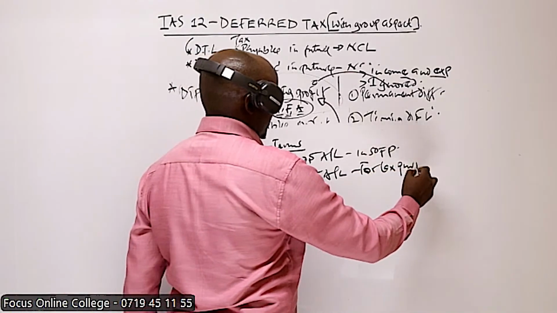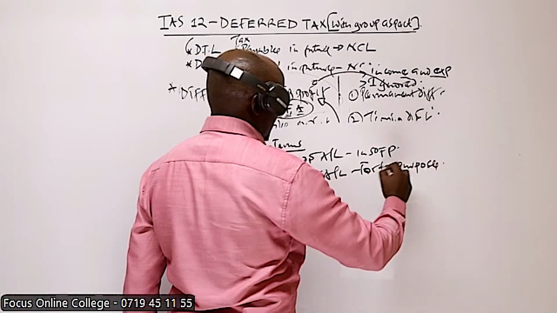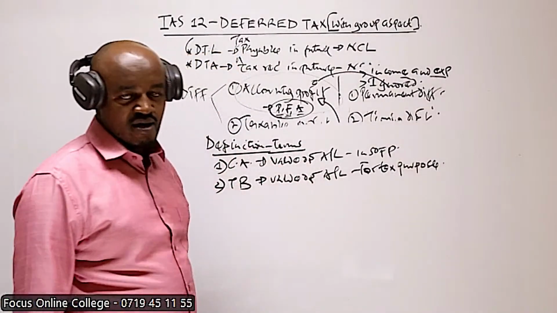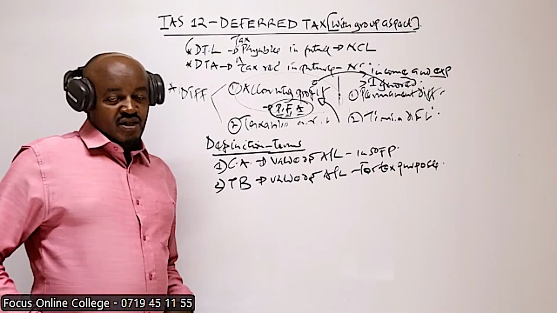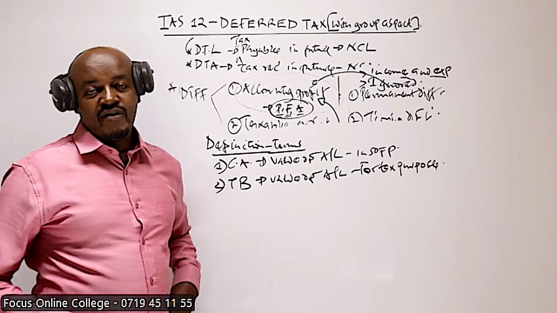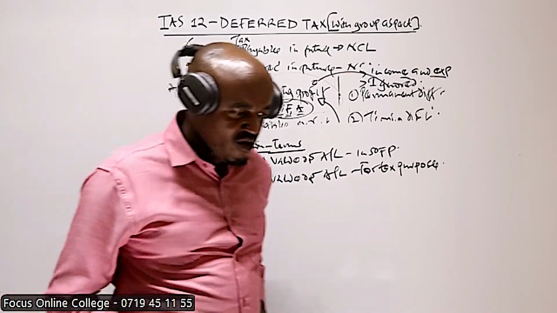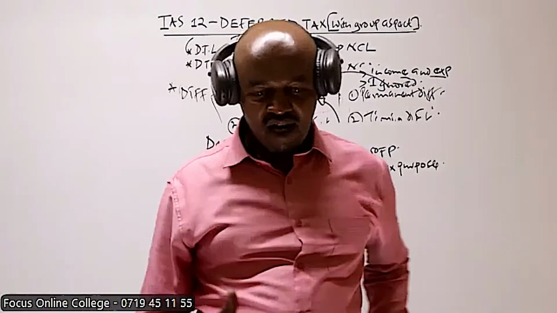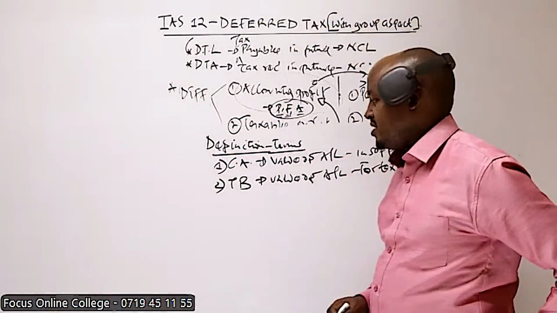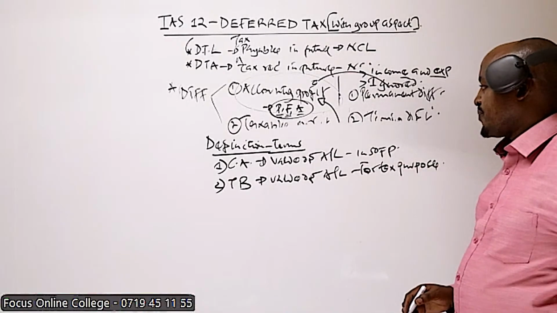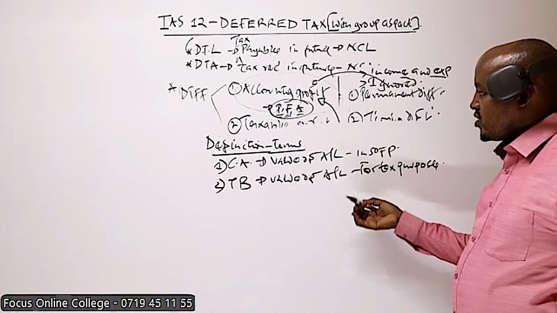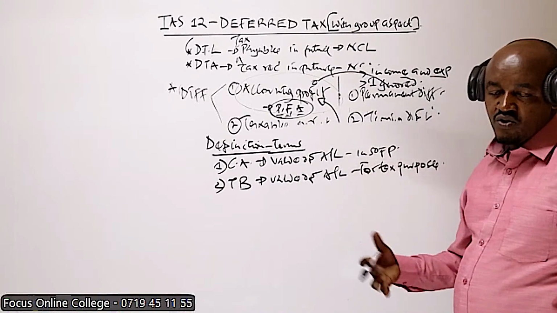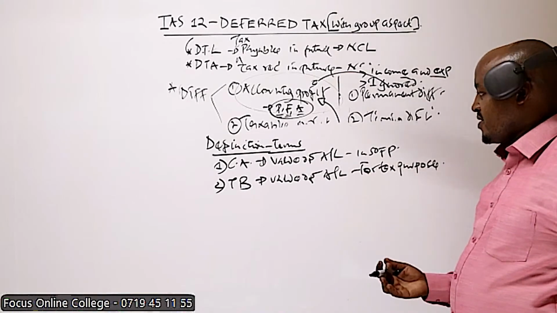For tax purpose. Let me give a good example of an asset which qualifies for investment allowances. This is something you did in PFT. There are those assets which qualify for capital allowances. Now, if you happen, for example, to own such an asset which qualifies for investment or capital allowances, and